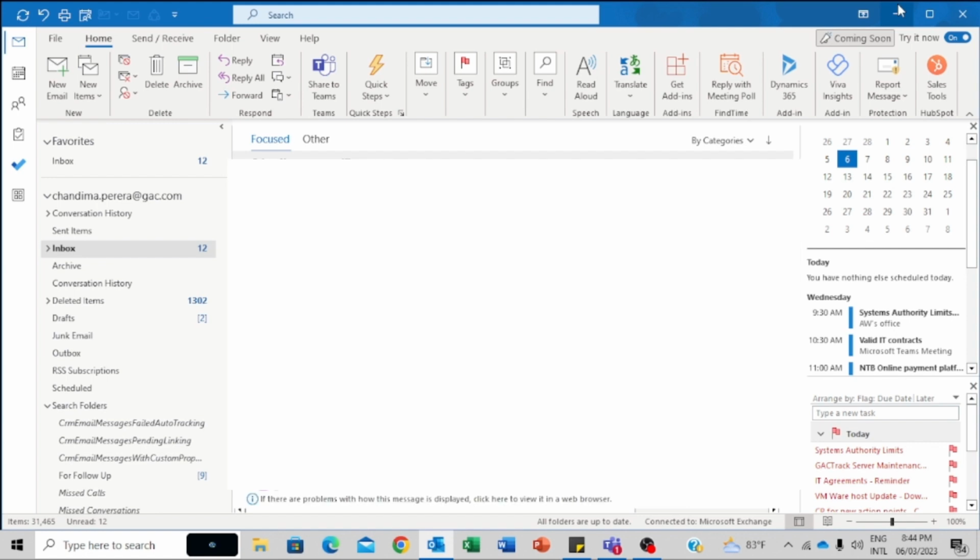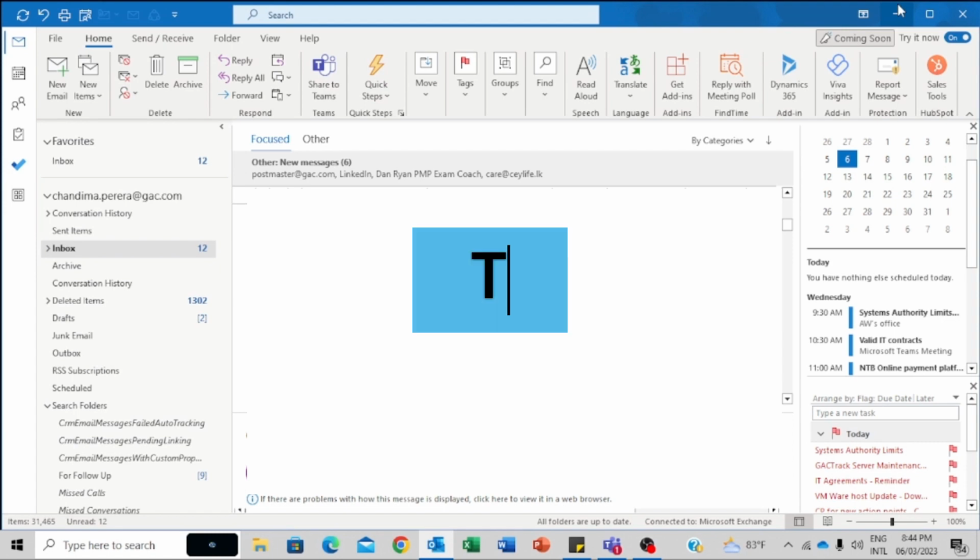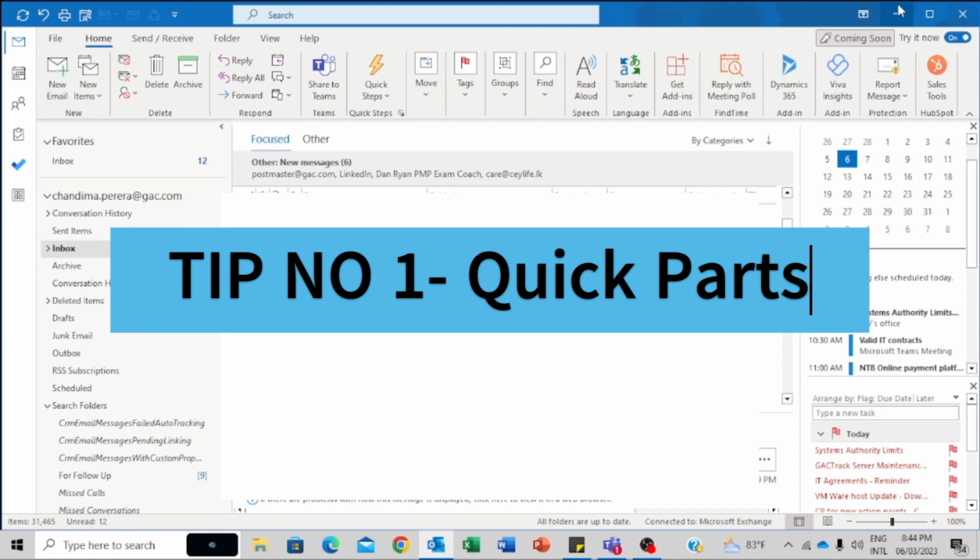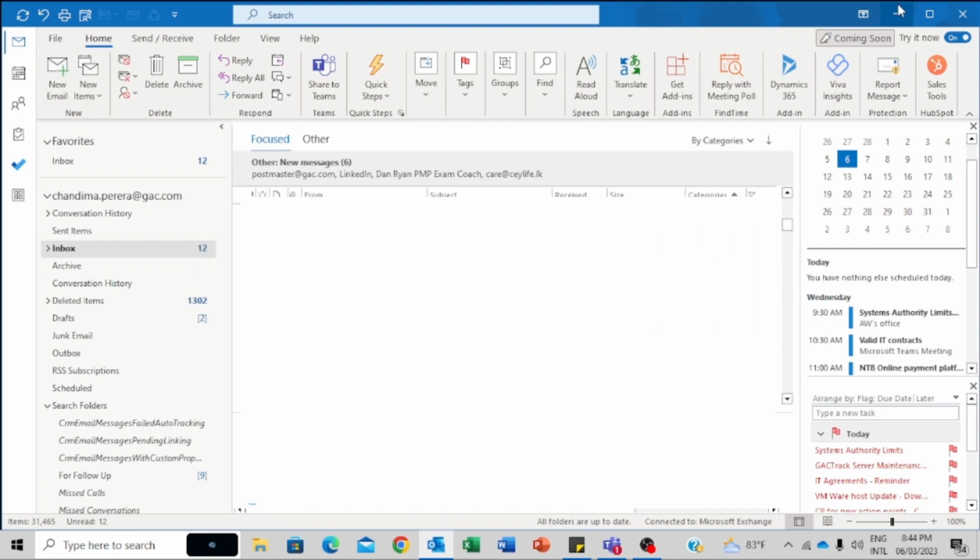So today I hope to introduce you to MS Outlook tips and tricks. Starting with Quick Parts in Outlook. This is a feature in Outlook that allows you to create a reusable text block for email messages. They are called building blocks. Once created, you can access and use them anytime, which will save time typing the same constant text in